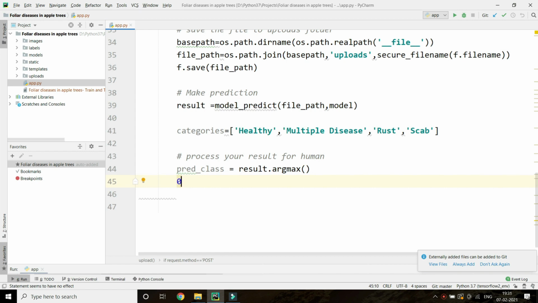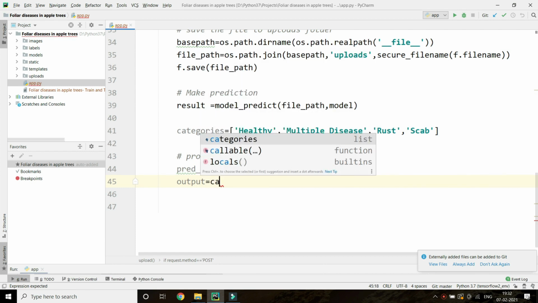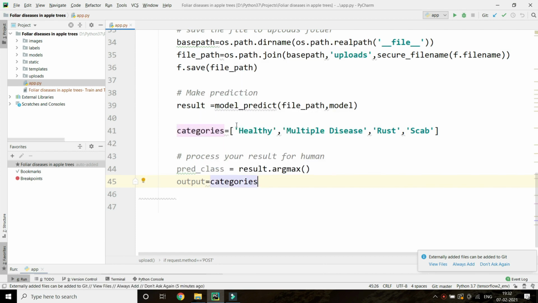But even the user can't understand what is 0, what is 1, what is 2, what is 3. So the final output should be from the list of categories.